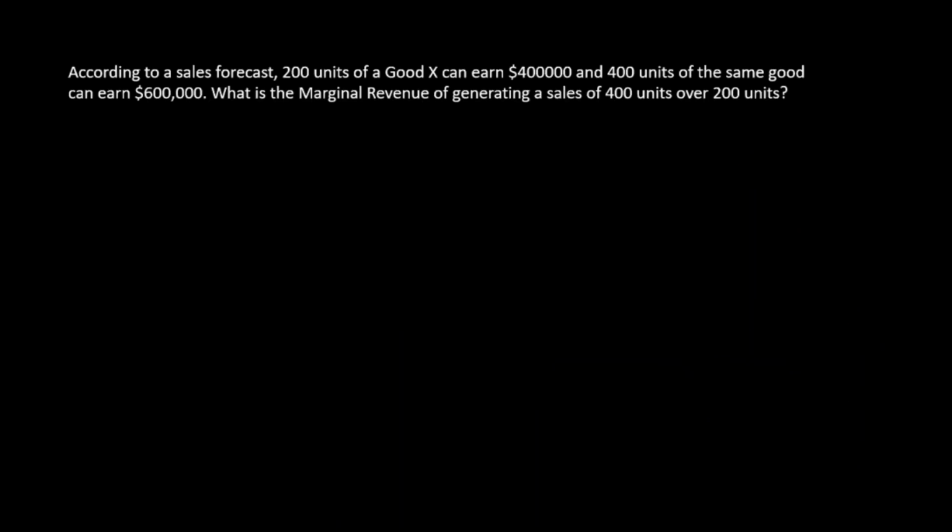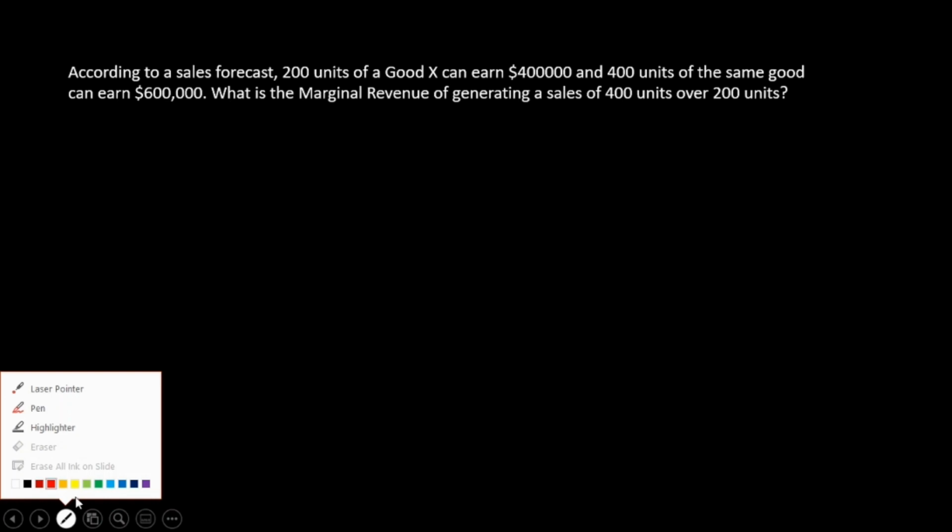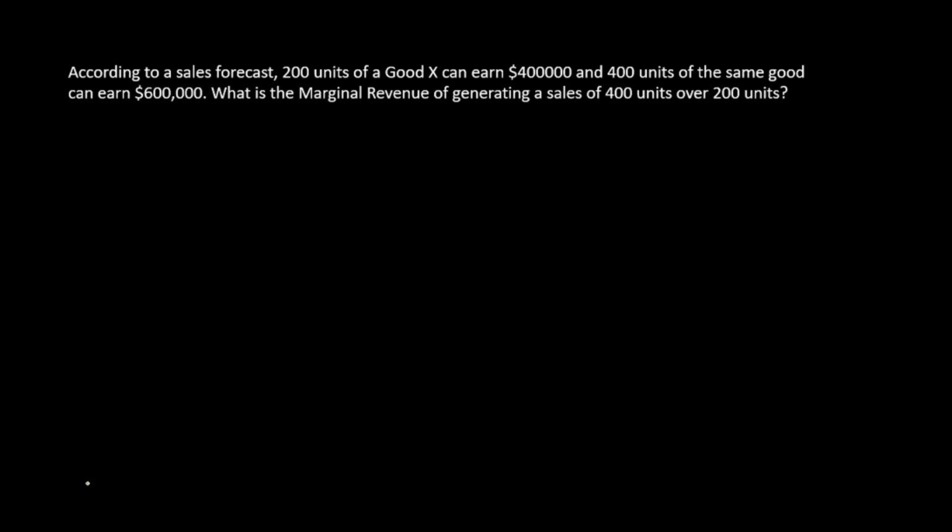This is a very straightforward problem. So for 200 units, you can earn 400,000, and for 400 units, the revenue is 600,000. So you need to calculate marginal revenue. So let me put it like this. I make two different columns, quantity and revenue. So this is my quantity, and here I put revenue. So for 200 units, I generate a revenue of 400,000, and for 400 units, the revenue is